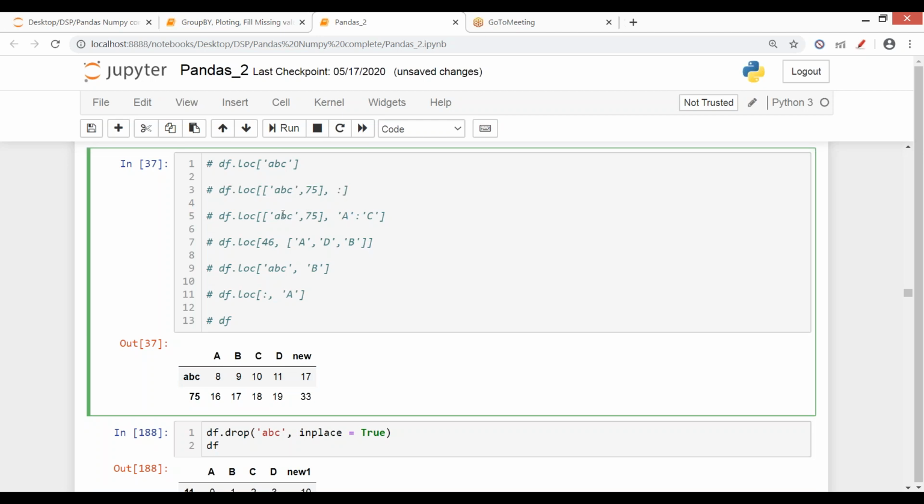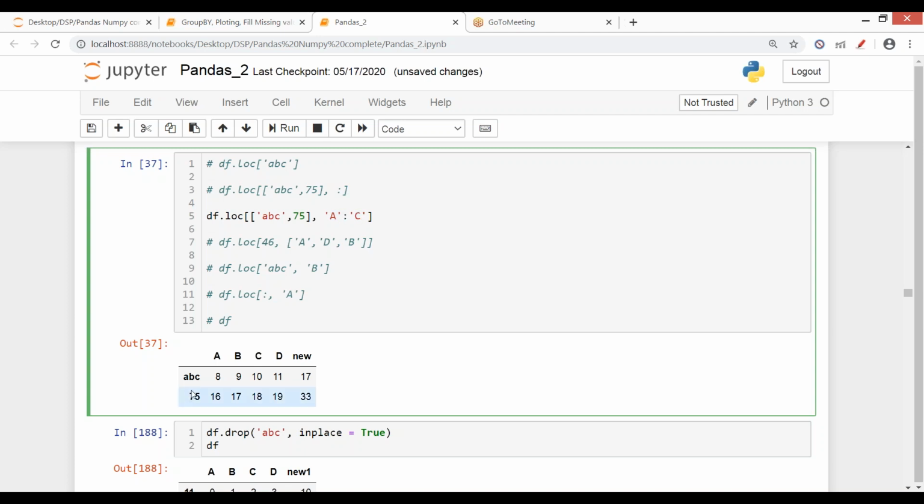Similarly, we can do it for columns as well. Now here, again the very first thing is my row, and then separated by a comma, we have to give the column names. When you want to specify specific rows, that this row and this row and that row, just names, then they are to be given in the form of a list. But when you're specifying a range, let's say like from A to C, then you have to specify the range in this way. So here what I've given is that from this data frame, pick up these rows ABC and 75, and what columns? From column A to column C.